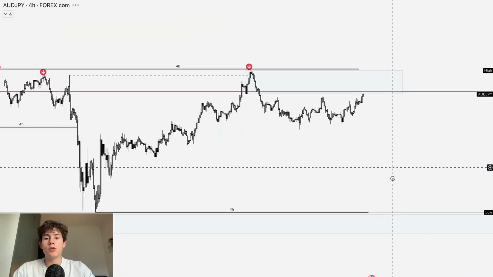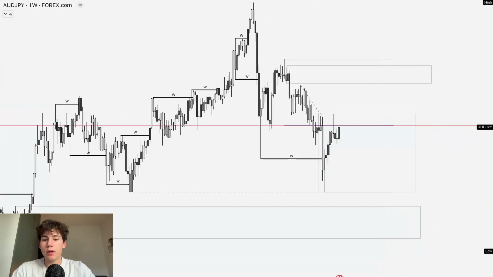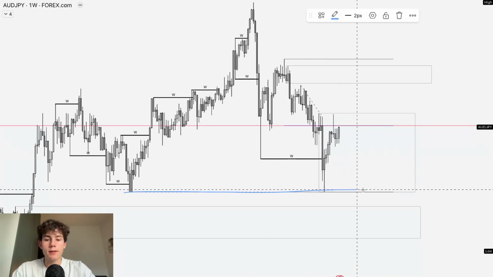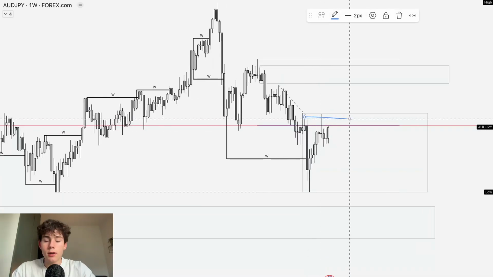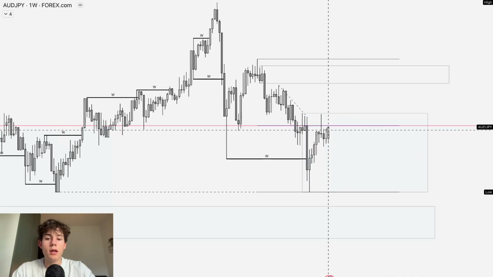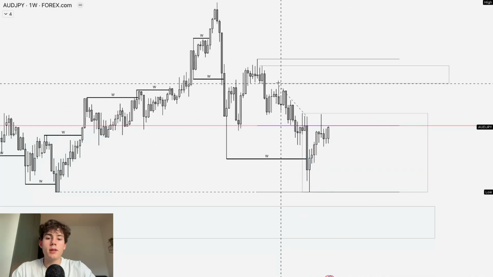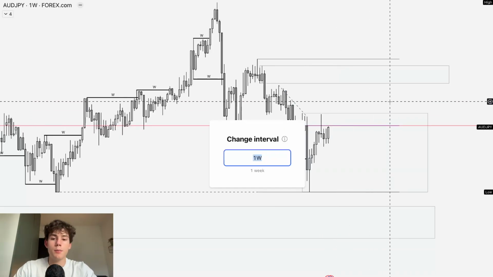But yeah, let's go over to the next pair and analyze that one. On the weekly time frame, again, like we said, guys, we took liquidity at the lows, so I want to take liquidity at the highs. Now we took some internal liquidity over here, so that's definitely a possibility to push price down lower, but we could also take some more liquidity above the highs. That's something we've got to see with our confirmation on the lower time frame.